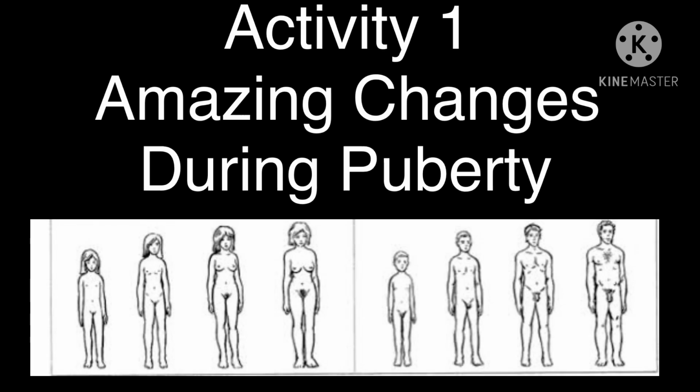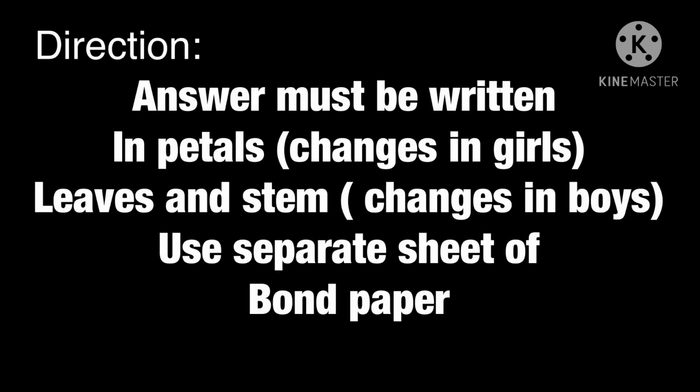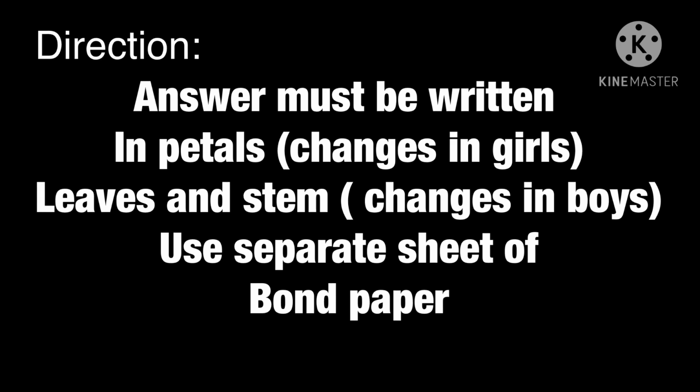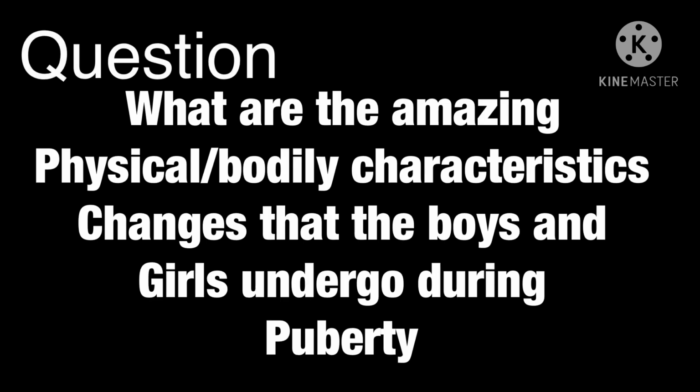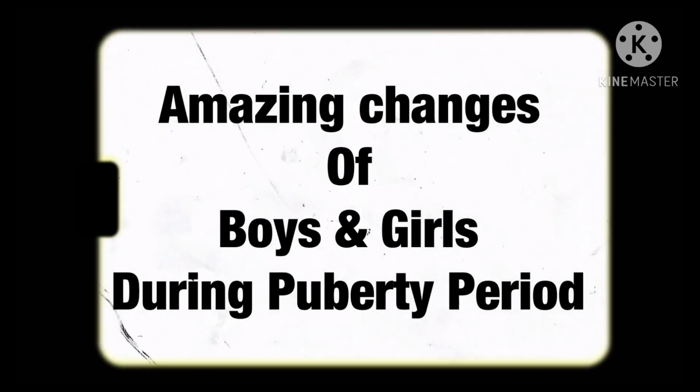Now let's start with our activity 1. Answer must be written in cut-out petals for changes in girls, leaves and stem for changes in boys. Use a separate sheet of bond paper. Question: what are the amazing physical or bodily characteristics or changes that the boys and girls undergo during puberty? But before answering our activity 1, watch first our inputs for the amazing changes of boys and girls during puberty